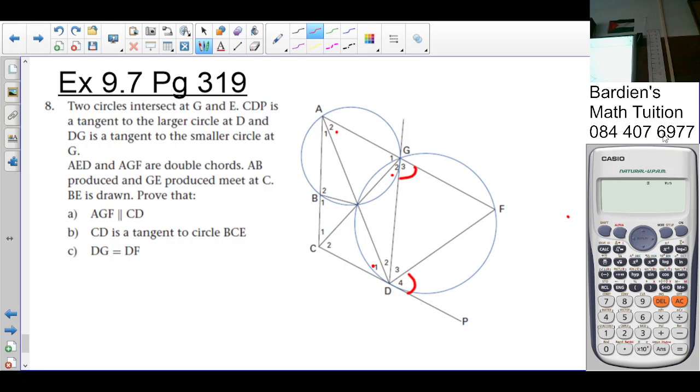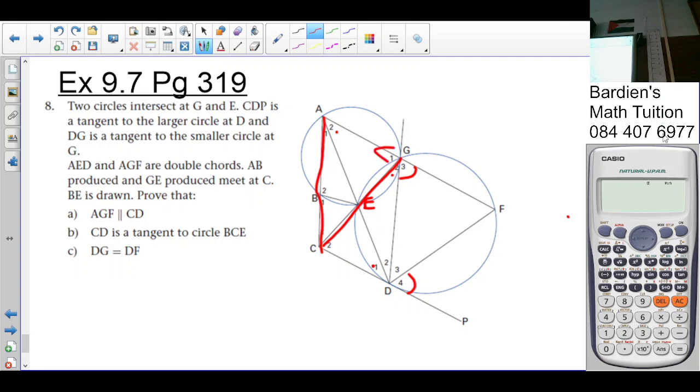Then we are told that AED and AGF are double chords, which means to say it's a straight line, a chord in each circle there. AB is produced, which means to say it's extended to C, and GE, so this has to be an E here, is extended to meet that C. Then we are told that BE is drawn. First question, prove that AGF